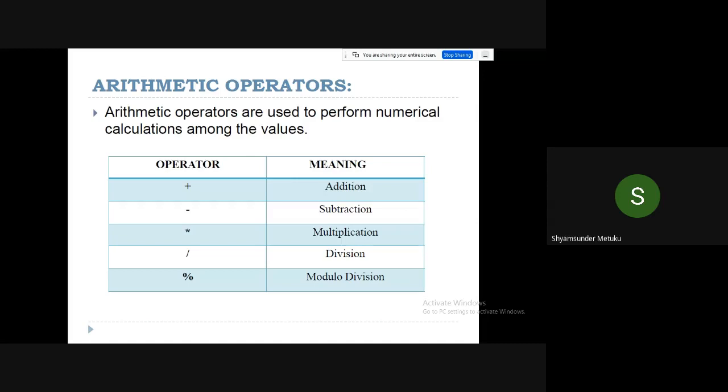Something like, if I am asking you to divide 5 by 2, what is the quotient, what is the remainder? Can anybody tell? 5 divided by 2. The quotient will be 2, the remainder is 1. So if you want to extract the quotient, the division operator must be used. If you want to extract only the remainder, then the modulus operator can be used. So that is the only extra operator you all must remember. There is a program given in the next slide. But try to remember all these are categorized as arithmetic operators.